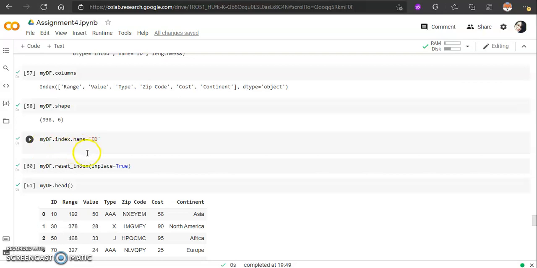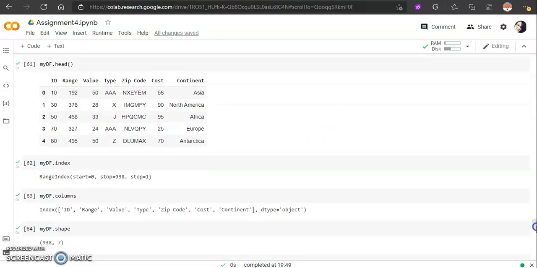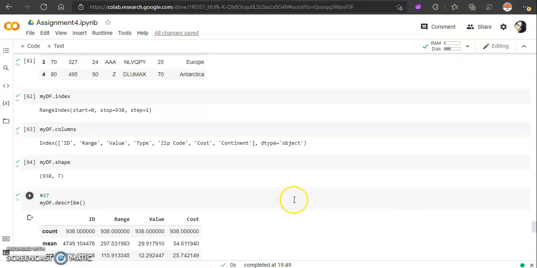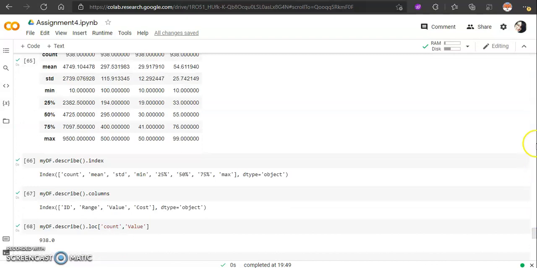I use this command mydf.index.name equal to id first of all, and then reset the index, and in my result you can see that id is here, and then again using this command for showing my index, my columns, and the shape of my dataset,